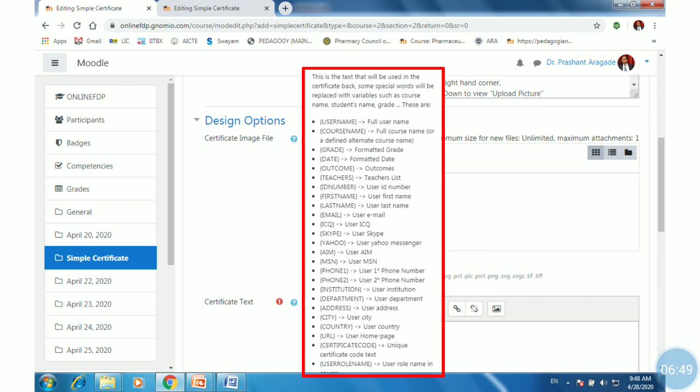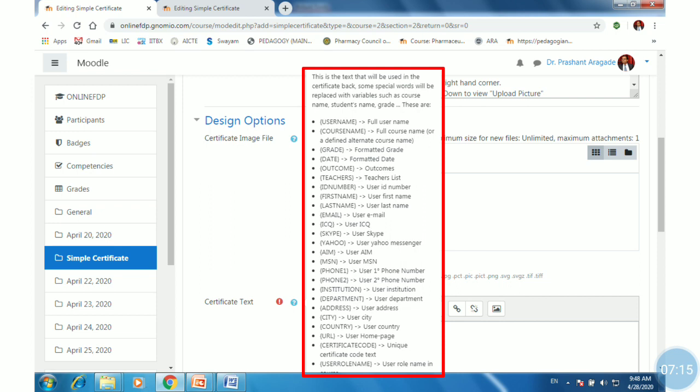The common text you can type in a normal way, but if you want to insert a username or course name, grade, first name or last name of different participants, you have to follow the rules mentioned in this Gnomio course. That is, you have to use a special type of brackets, that is curly brackets.